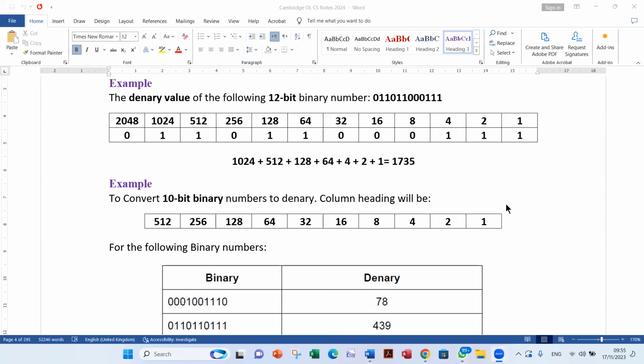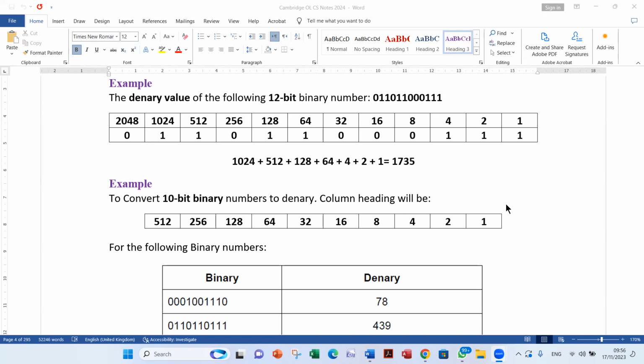So in that example, you need to add 1024 plus 512. You skip 256 because it has a 0, plus 128 plus 64 plus 4 plus 2 plus 1. And you need to do that manually. The total is